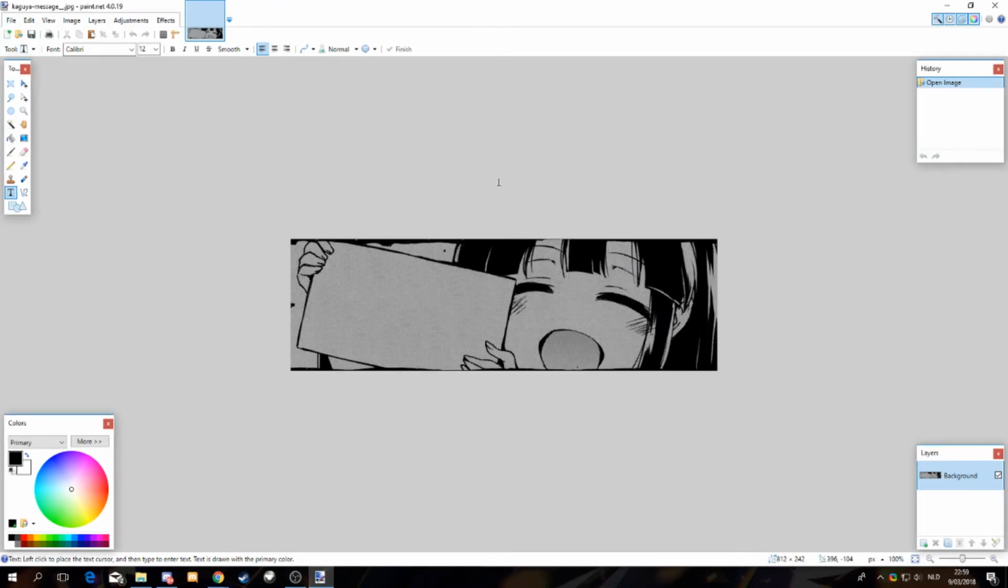Okay, so some of you have asked me how to rotate text in Paint.net to put it on my meme template. So here it is, the template with Kaguya holding a message. So what you want to do is you want to create a new layer, and then in this new layer,